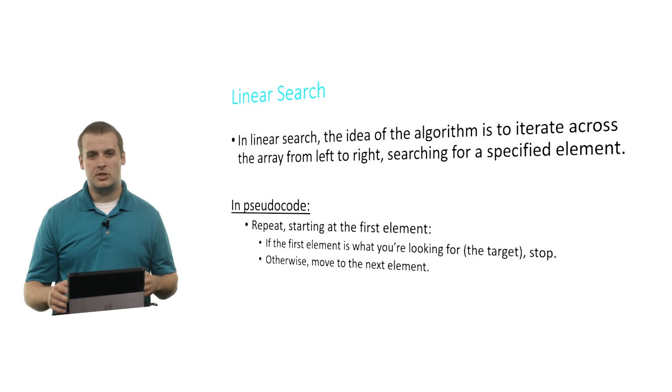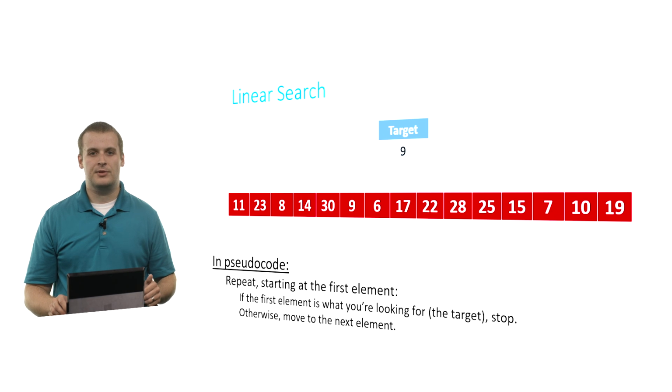In pseudocode, it's just a more distilled version of this sentence: if the first element is what you're looking for, you can stop. Otherwise, move to the next element and keep going over and over until you find the element or you don't. So we can use the linear search algorithm, for example, to find the target value 9 in